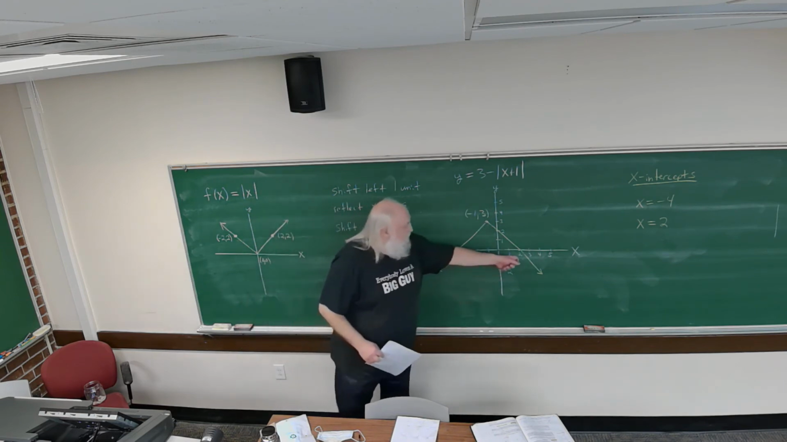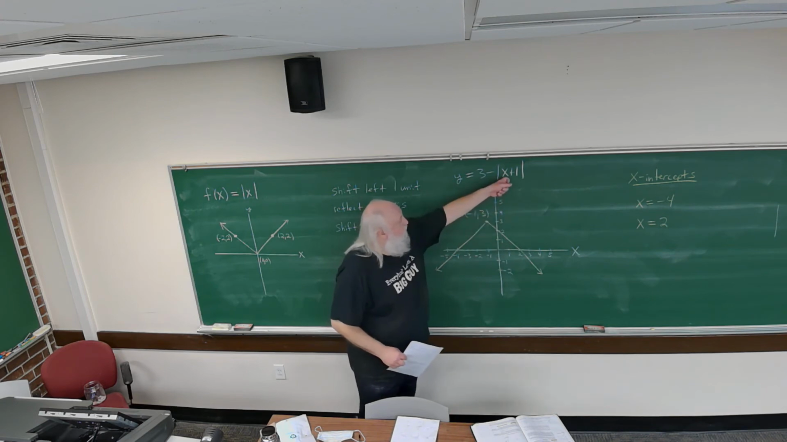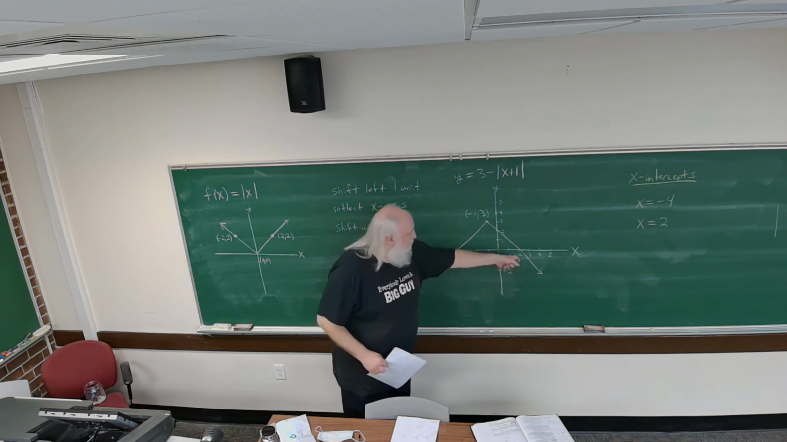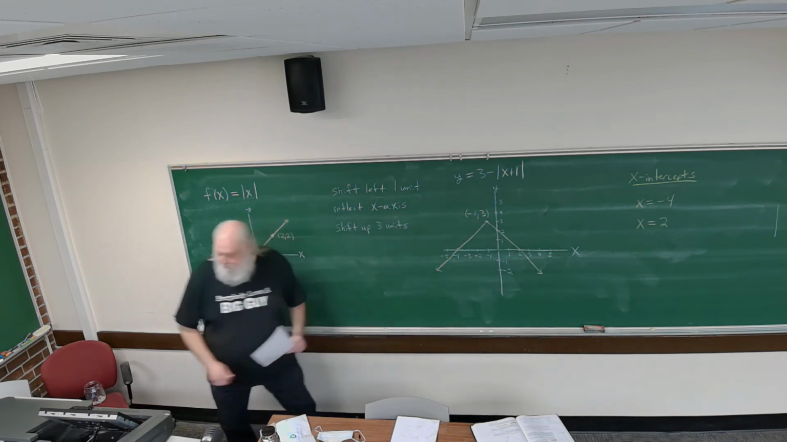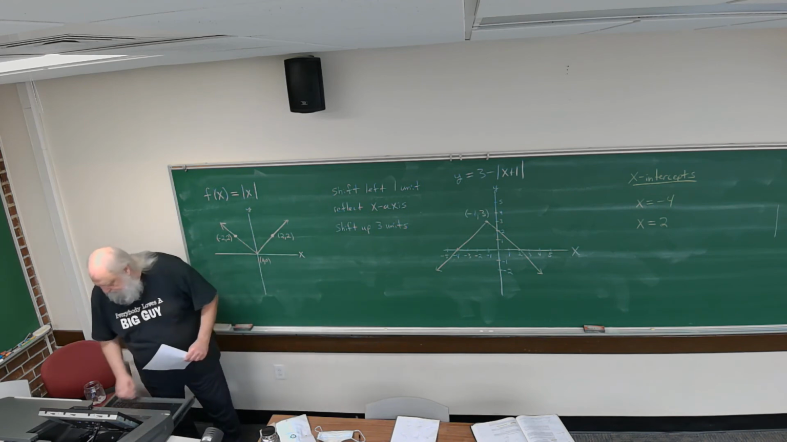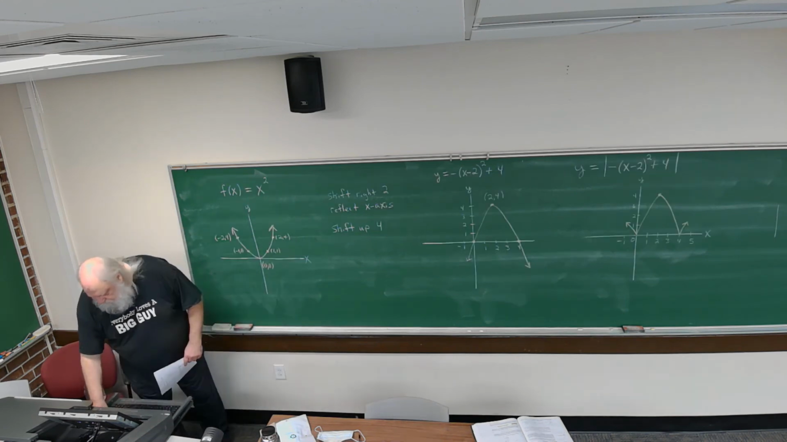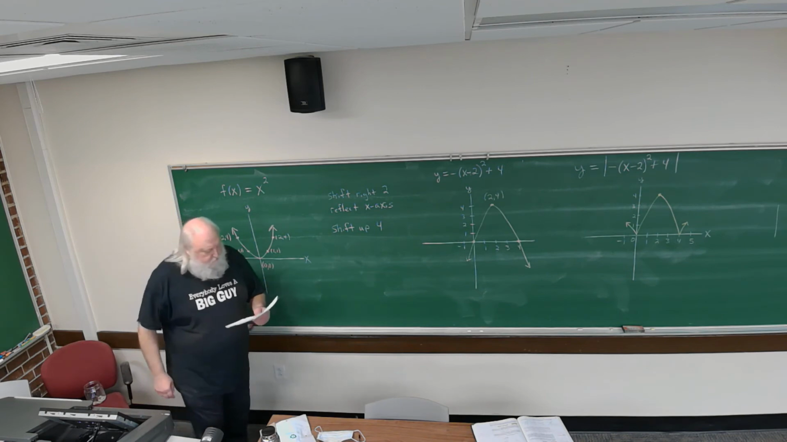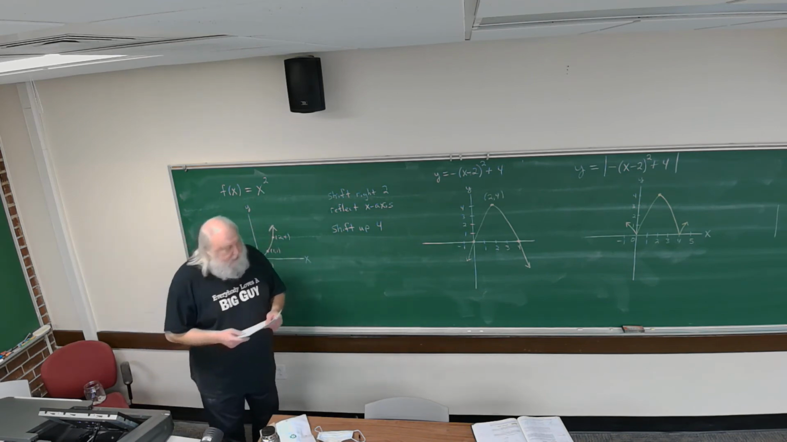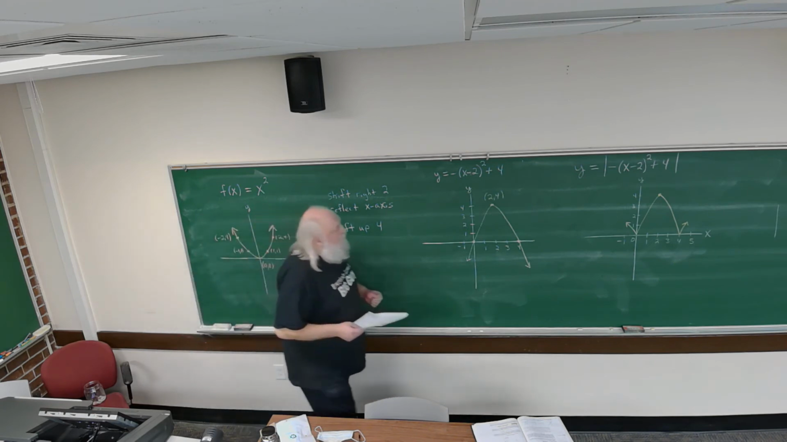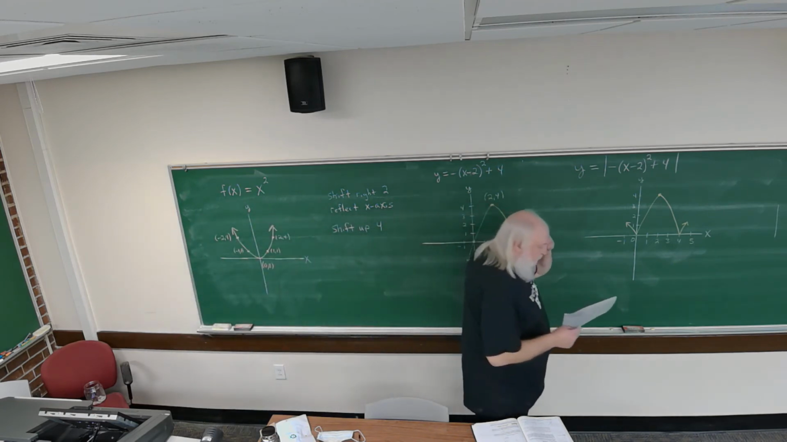The same with x equals 2. Putting 2 in for x, 2 plus 1 is 3. Absolute value 3 is 3. 3 minus 3 is 0. So x equals 2 is the other x-intercept. That's what the graph looks like. All right, so now looking at example 3, part B, we're going to graph the function